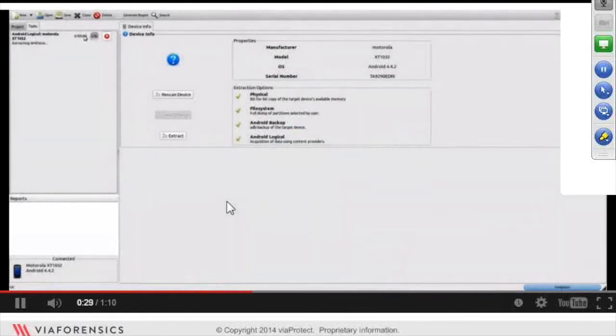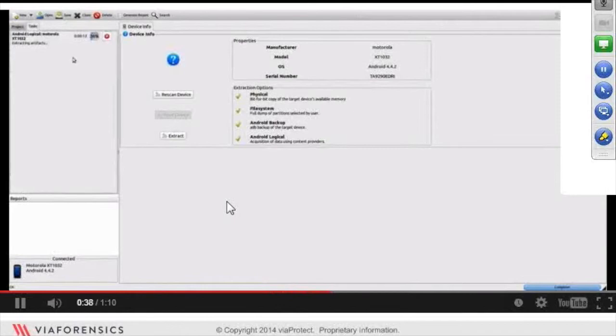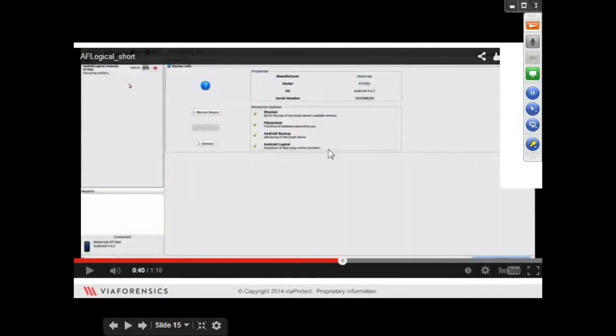Okay, so now you can see that the extraction is running. There's a task tab there which gives you an overview of the progress of your extraction. Just go back to the start. Okay, so